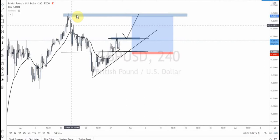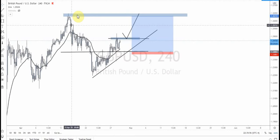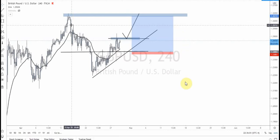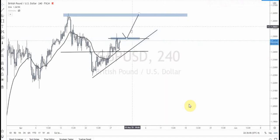And what is the behavior of the price whenever it gets closer to a resistance? There will be a buy vacuum to that resistance. So possibly when the price gets closer to that area, to that major resistance, you can see big movements happening because it acts as a magnet. Whenever the price is getting closer to that area, you can see surprise movement, and it will actually compel a